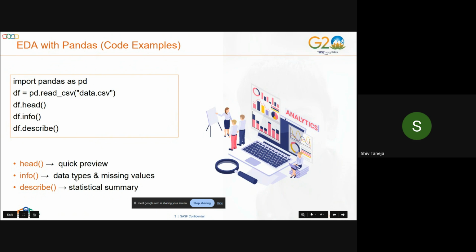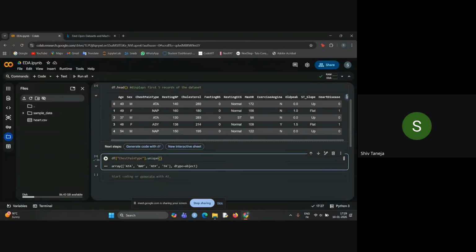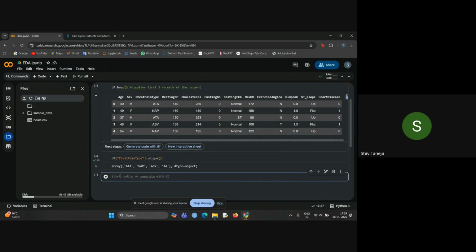df.info gives you the data types and missing values, and describe gives you the statistical summary. We did both of these functions in the statistical lecture we did way back. Okay, let's refresh our knowledge on that. So if I go and use df.info,